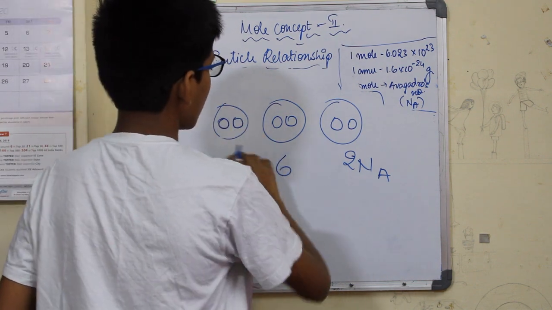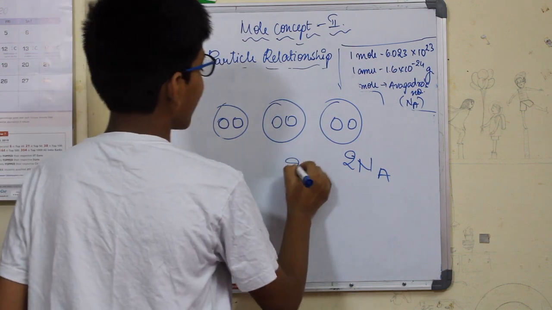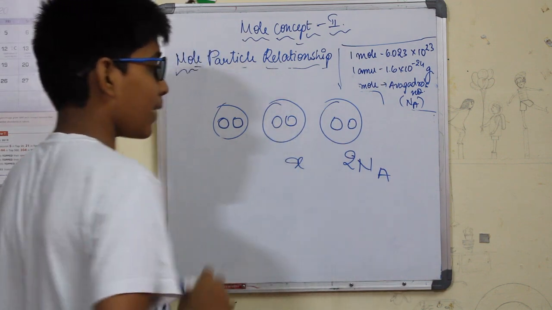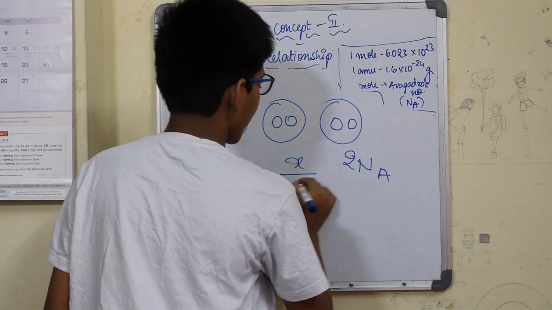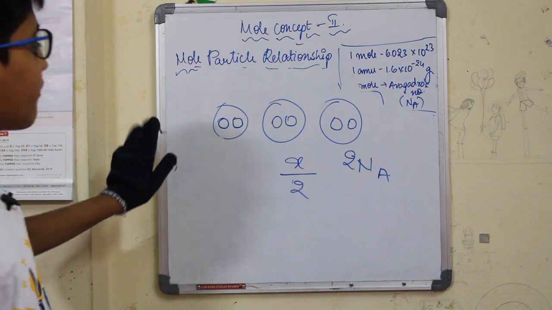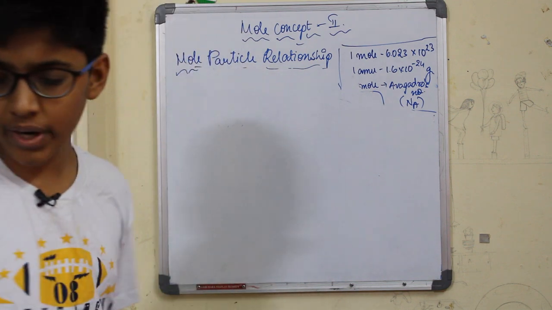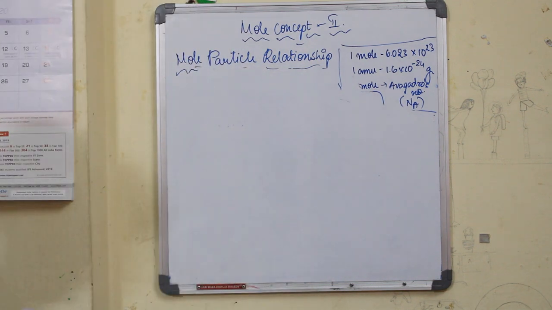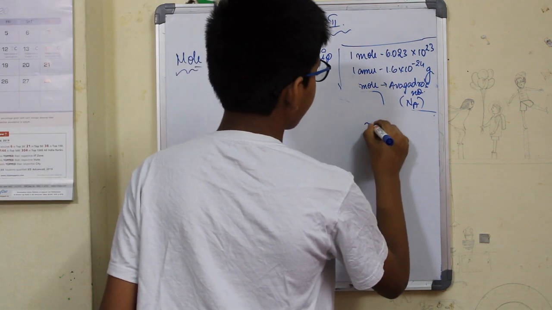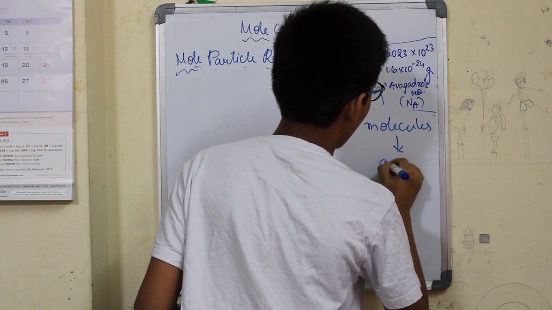Now if I have X glasses, and if they ask how many plates I have, just do X by 2. Very simple. Remember this analogy. In future it will be very helpful for the coming questions. Now let's do another very simple problem. At any time, first go to molecules, split the molecules, and then find the number of atoms.